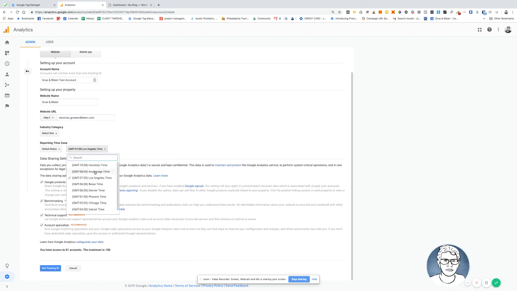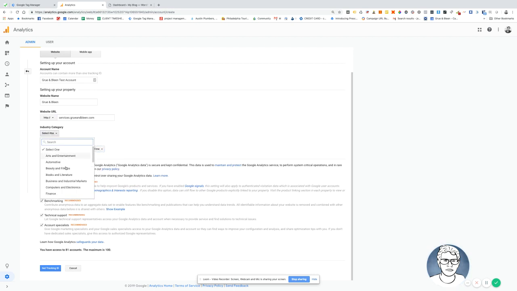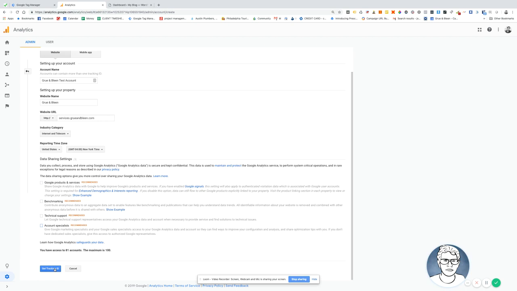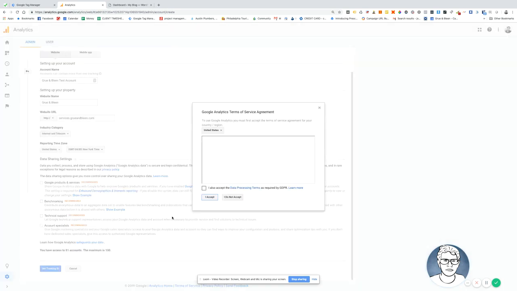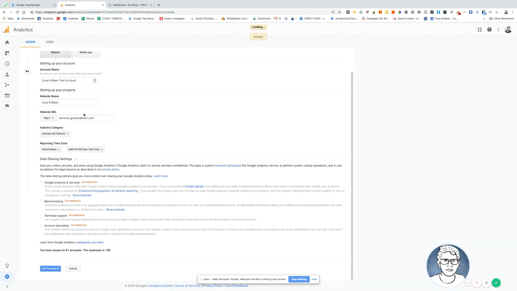And then we're going to put in the correct time zone. So we're in New York time in Philly. I'm going to put in here. This is going to be internet and telecom, kind of. It doesn't really have our category, but if you can find your category in there, then use it. So then I'm going to uncheck all of these. Sorry, Google, I don't want to send you all my data and have you send me a bunch of data. So I'm going to uncheck those, and I'm going to accept the terms and conditions,